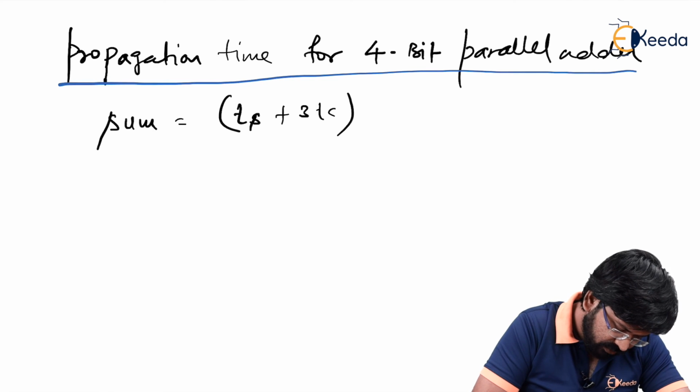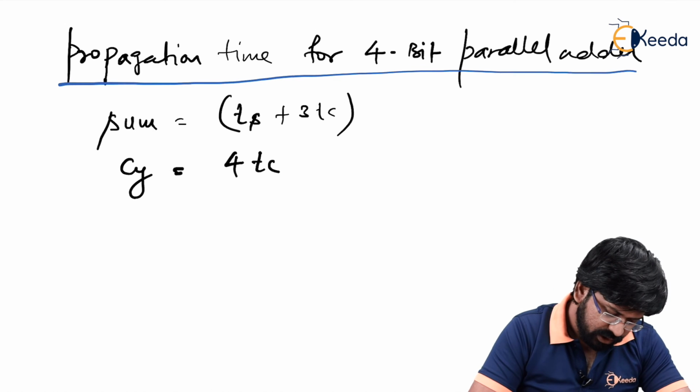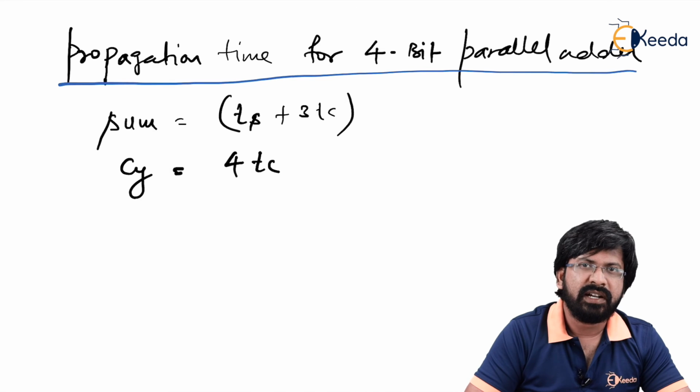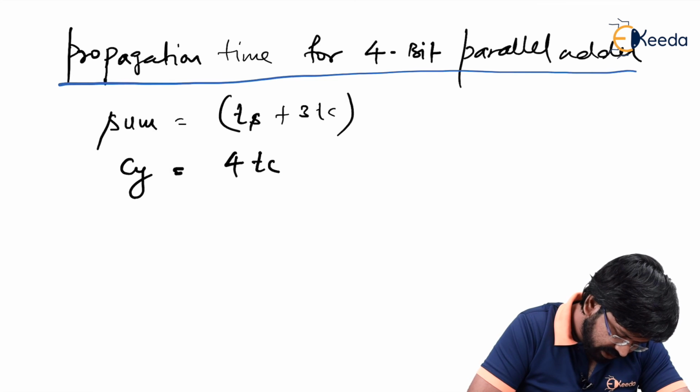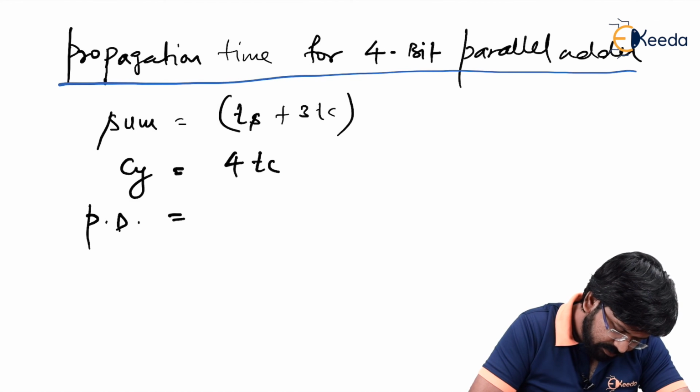Is that right? For generating the carry, it takes 4 Tc time. So now the propagation delay would be a maximum of sum and carry delay. Therefore, we write propagation delay time, I'm writing in short for PD. PD stands for propagation time, will be equal to maximum of